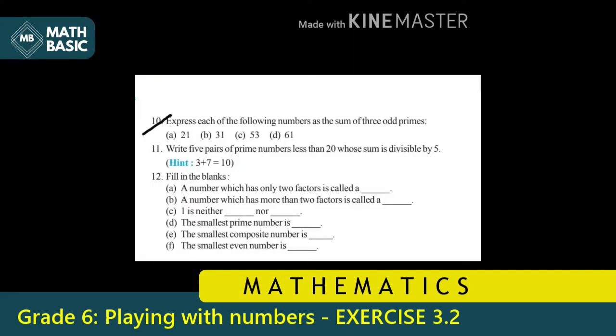Question number 10. Express each of the following numbers as a sum of 3 odd primes: A. 21, B. 31, C. 53, D. 61.